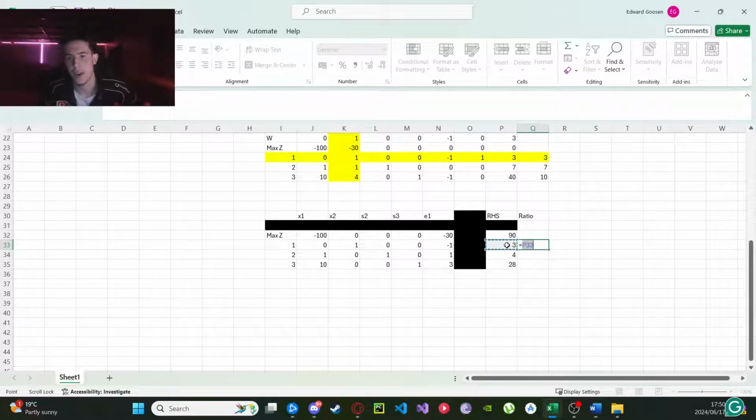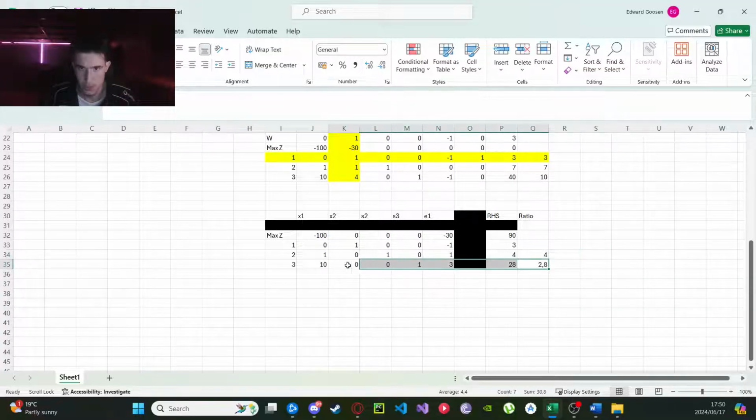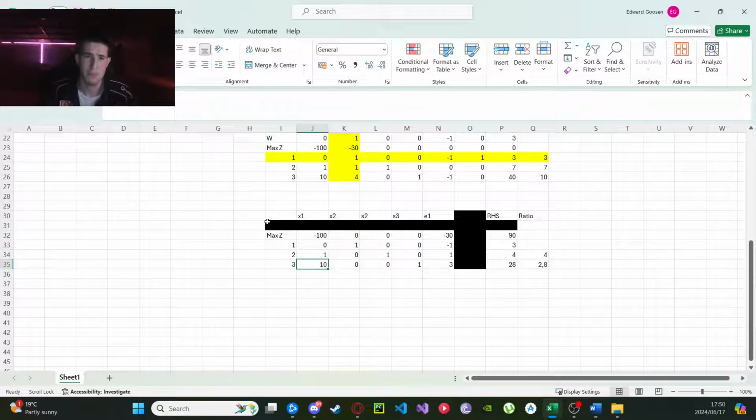So we take this right-hand side, divide by this. This is going to give us 0. So 3 divided by 0 is obviously impossible, so we just remove that. Now we're working with the smallest ratio, which is going to be this one right over here. And this is our selected column, so this is going to be our pivot. So now we just copy,